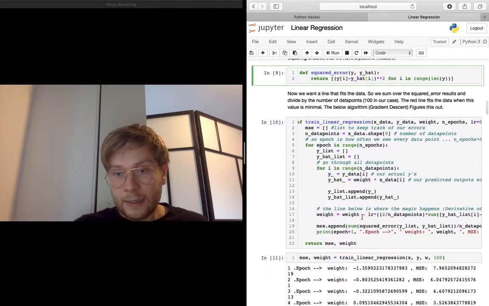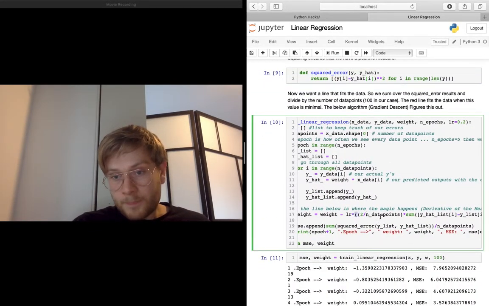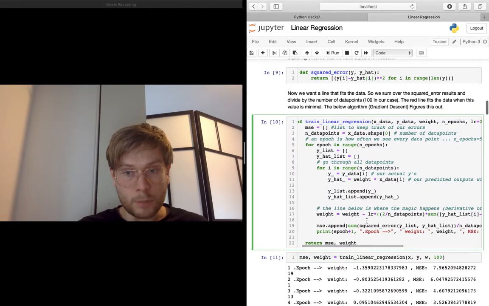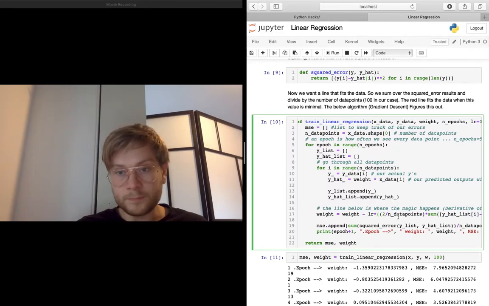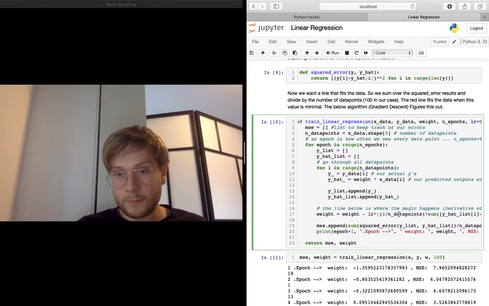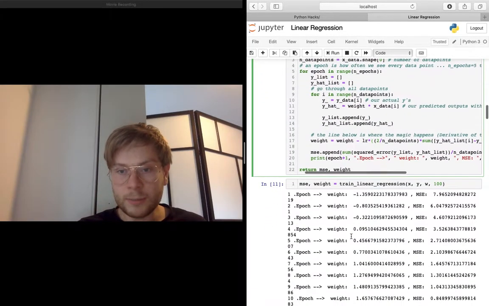Alright, and exactly this is our derivative. So since the derivative is the change of our function at a specific point, and we want to go to the global minimum, gradient descent does slowly do that. Alright, and if we do this,